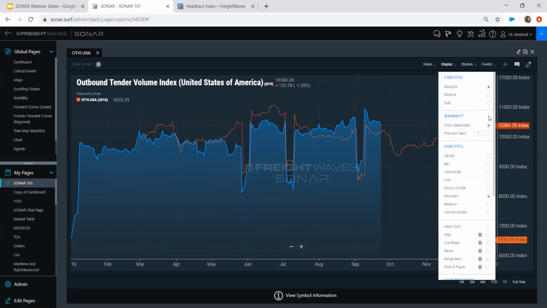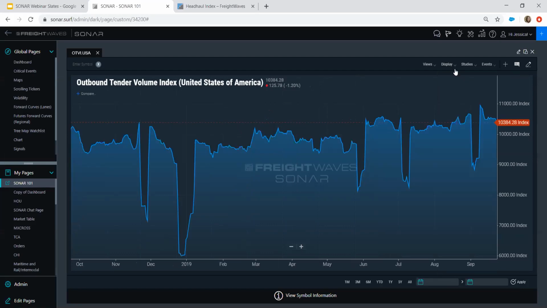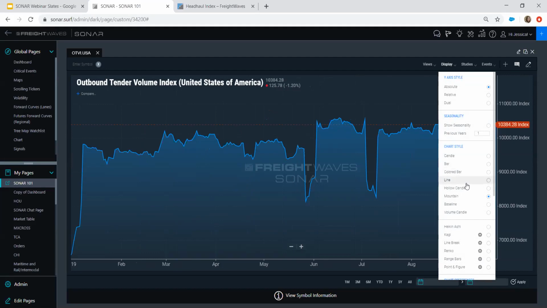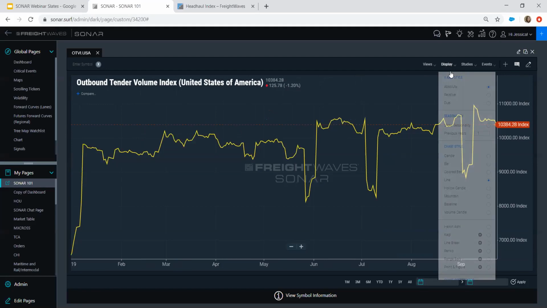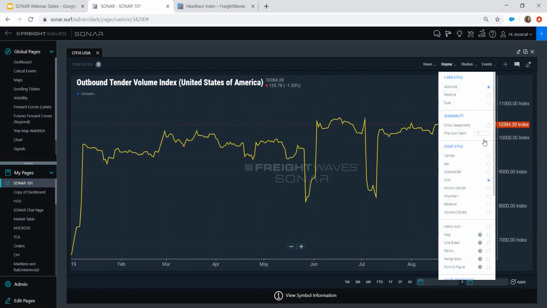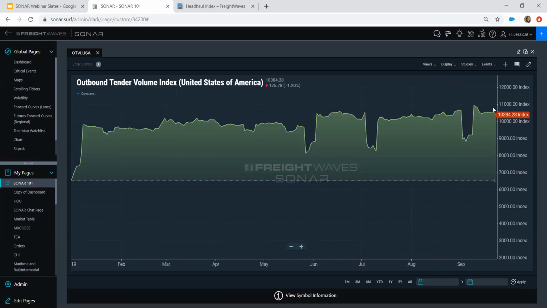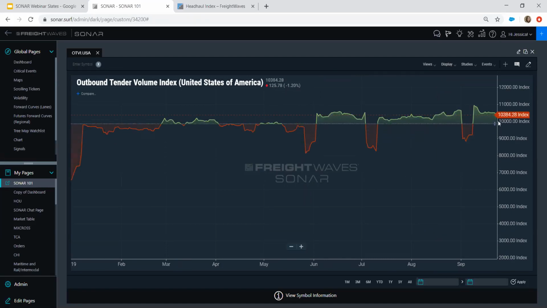I'm going to take off seasonality here. Go back up to display. We have a couple different chart styles. What you're currently looking at is mountain. You can also change it to a line view. We have candles. We have baseline view, where you can drag your baseline, which we have our volume index was